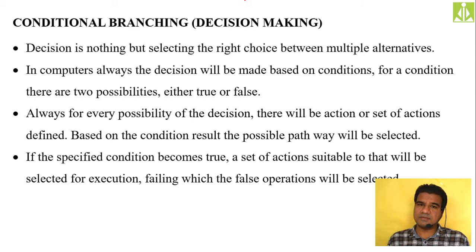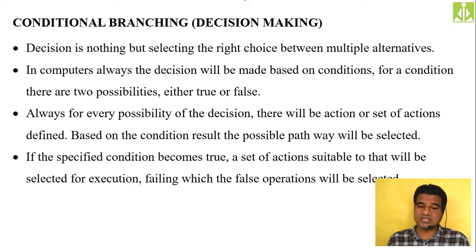Okay, that comes under the multi-way selection. First we go with two-way selection, then we go with multi-way selection. In two-way selection we are going to have only two possible paths, only two alternatives. Among these alternatives, we have to select only one possible path. Whenever you have such kind of decision making, we call it a two-way selection statement or two-way branching